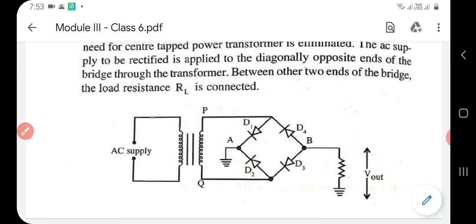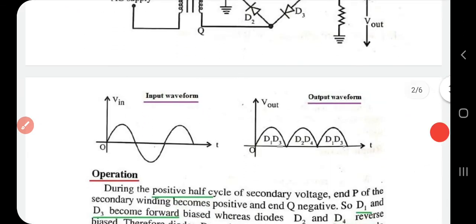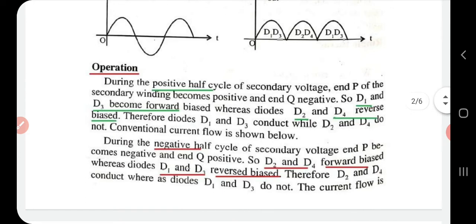Now let's see the input waveform. This is a simple input waveform, a sine wave, and here you can note the output is continuous. Now let us see how this output is obtained. For that we have to go through the operation or working, so I will brief that, then you can go